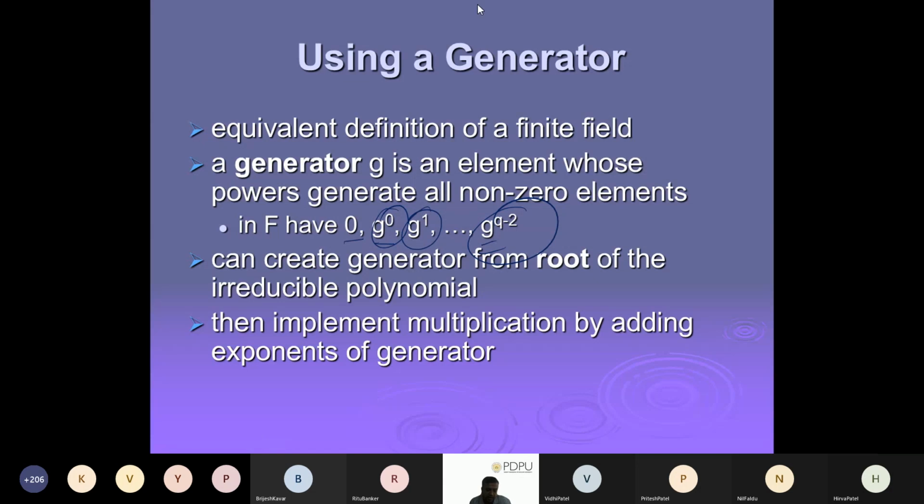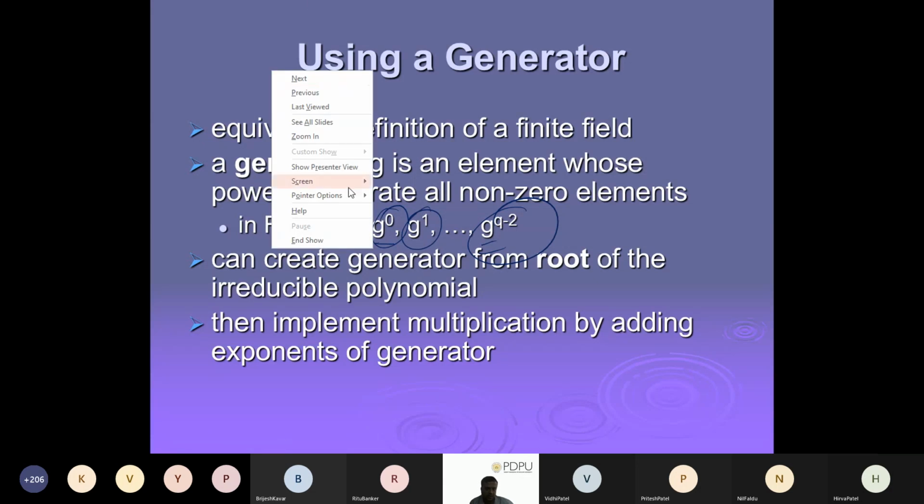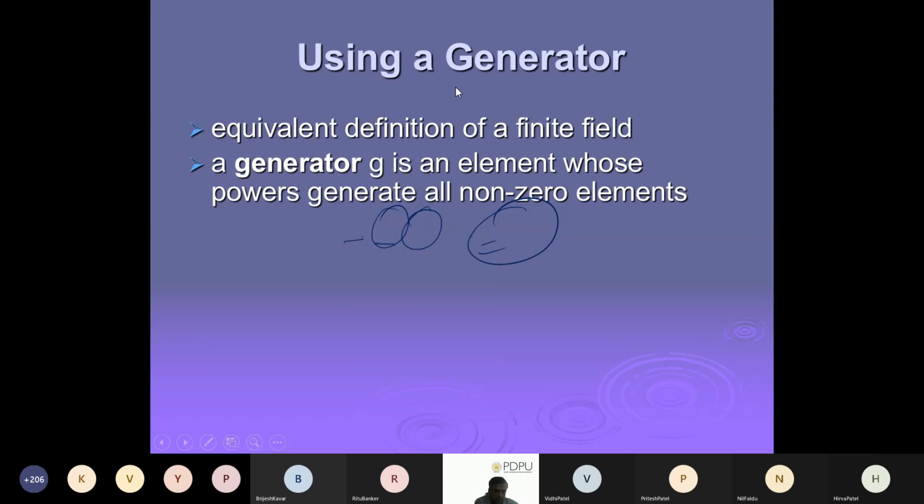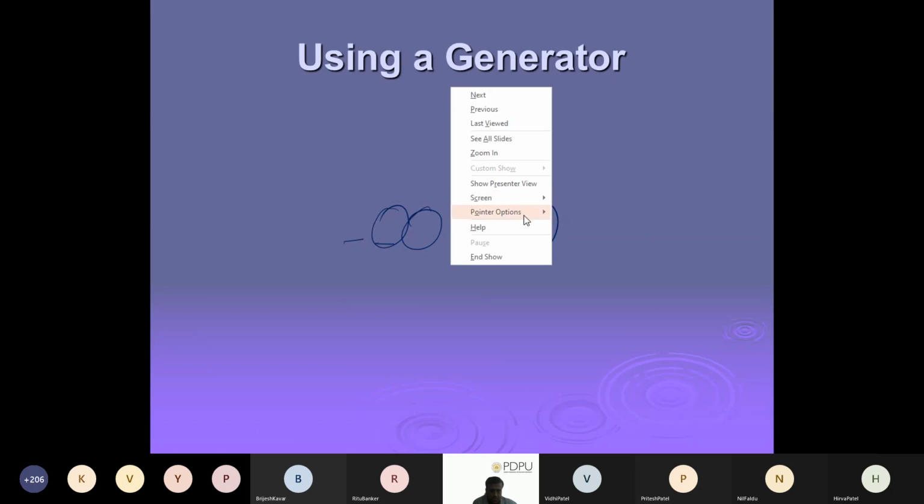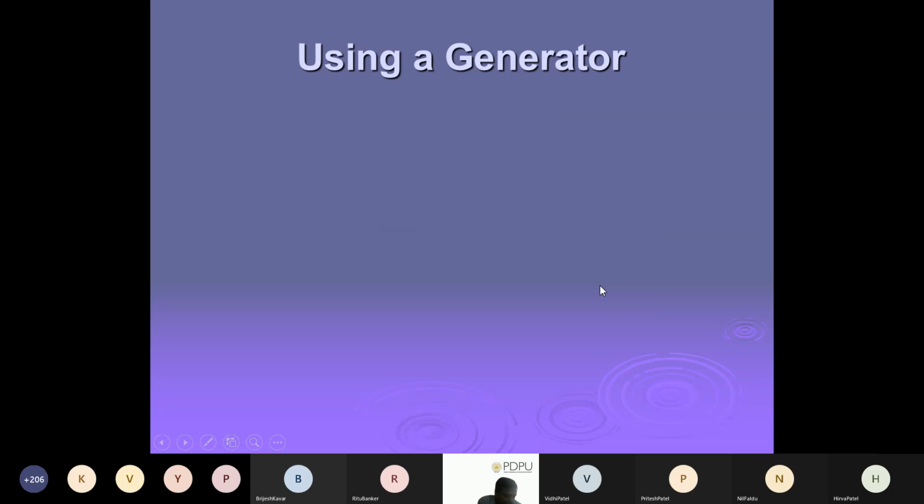Okay, let me give you a hint so that you people kind of try to tell me. You have to give me one example of some number. For example, P is, let's say, the number. I will define G as some other number, so that whenever I go, 0 and 1 are there by default. This is G raised to 0. So whatever generator you are selecting, raised to 0 always gives you 1. Then G raised to 1, 2, 3,